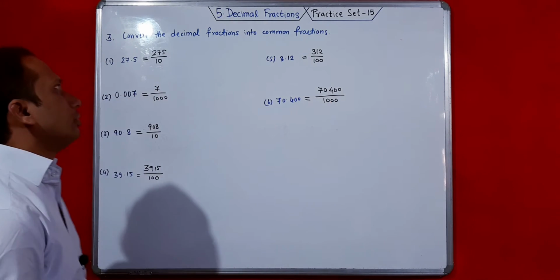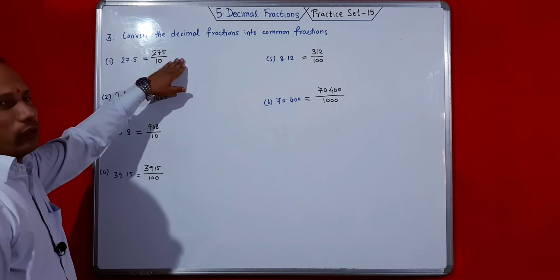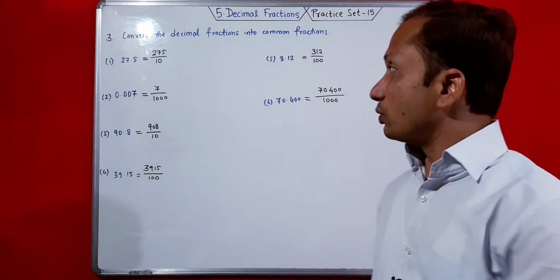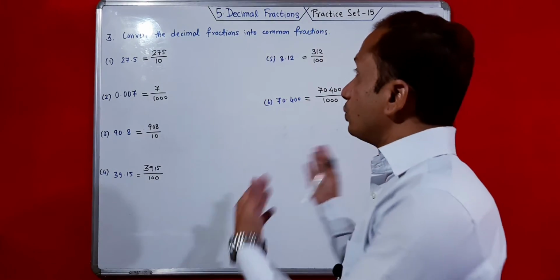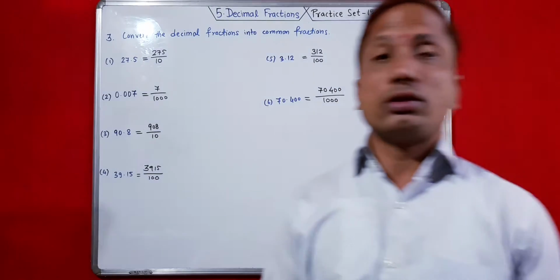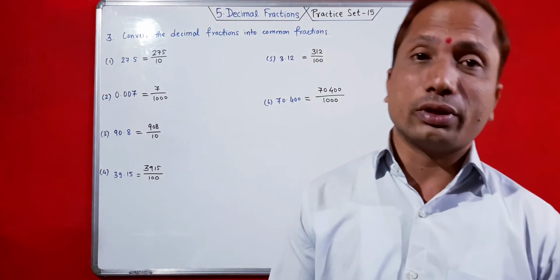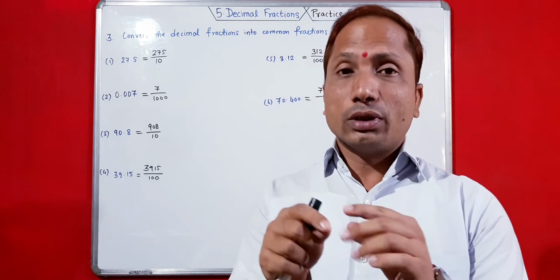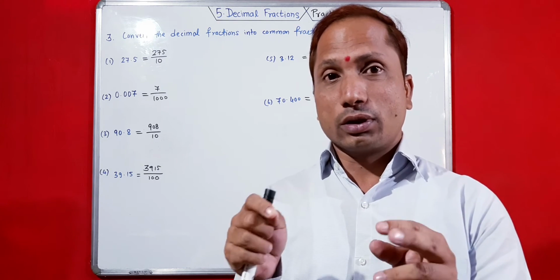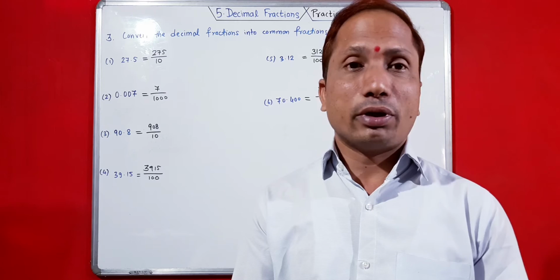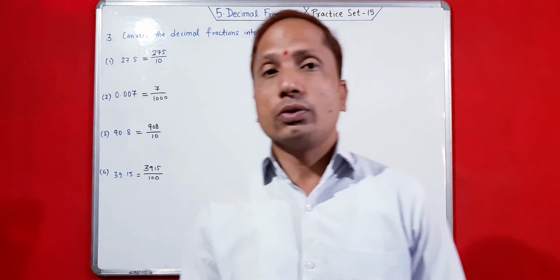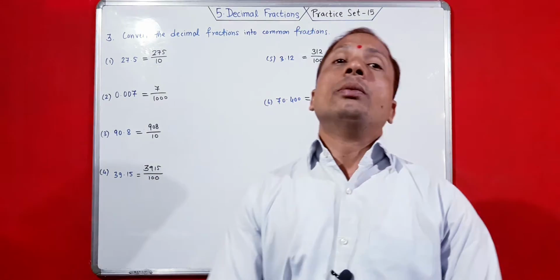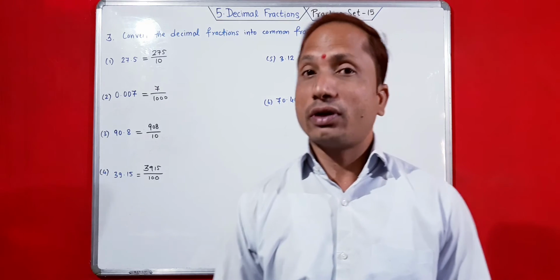And again if you want to reduce this number into the smallest fraction, you can do this, common fraction. This is possible for you, and this is very easy. Simply you have to just write like this. So this is known as the conversion of decimal fractions into common fractions, divided by 10, 100, 1000 according to the decimal points. Count how many numbers are given after the point and just divide by 10, 100 or 1000, you will get your fraction. So this is question number 3. We have completed it, and now we are going to solve practice set 16 of the decimal fractions.